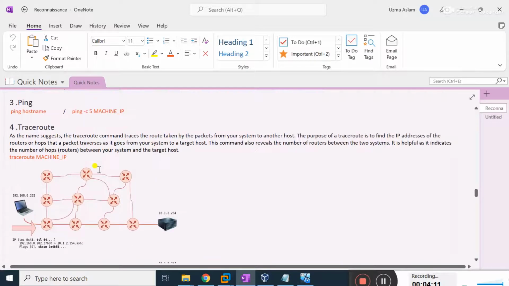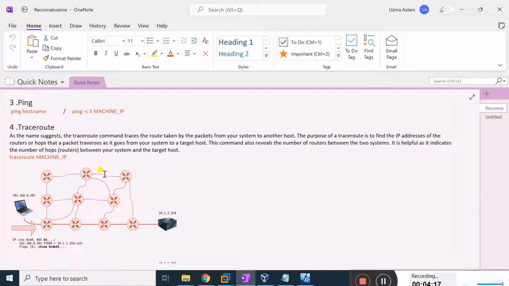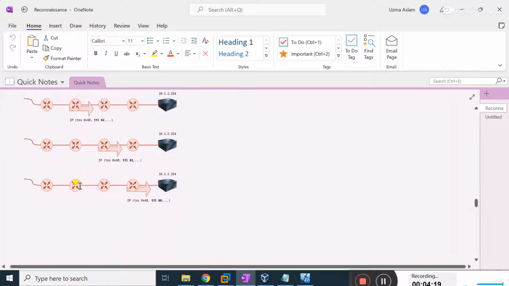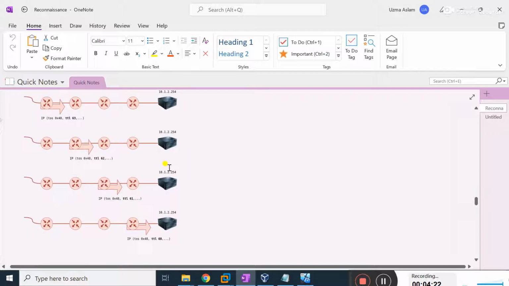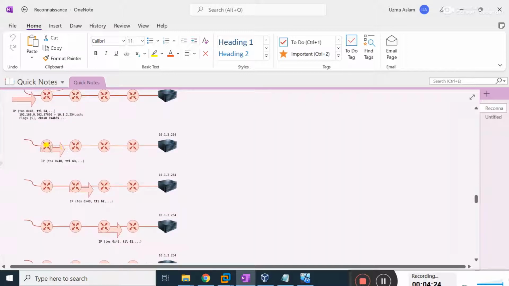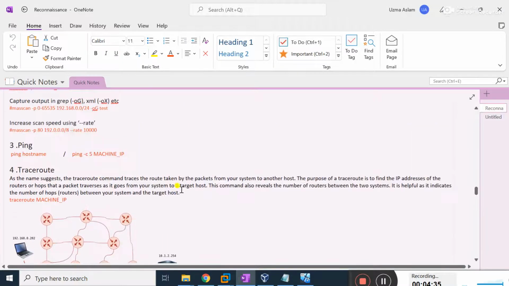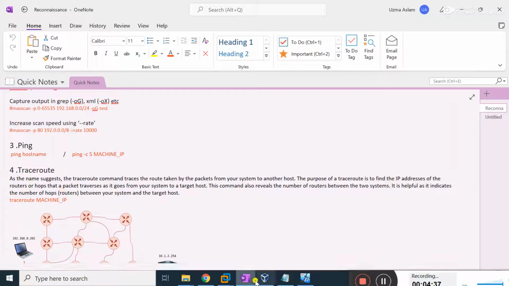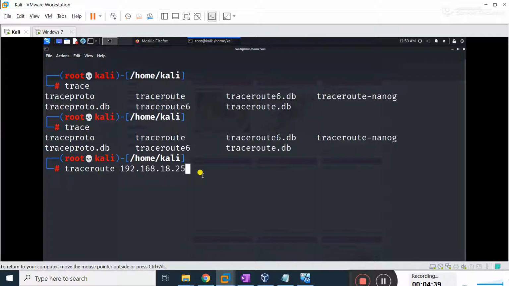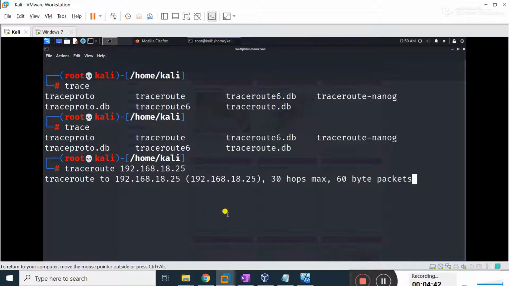So students, you can use the traceroute command in order to check the route that is actually taken by the packets from source to destination. Below you can see some other pictures, and here you can see only 4 routes are present that the source request will have to pass in order to reach its destination. Simply you type here traceroute and the victim IP address and hit enter.